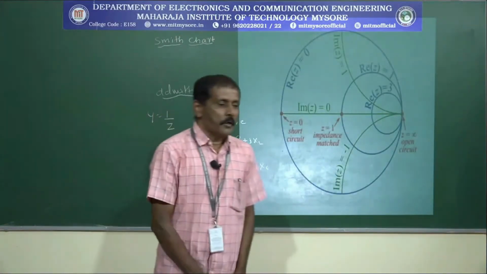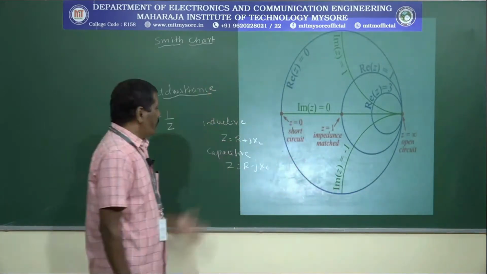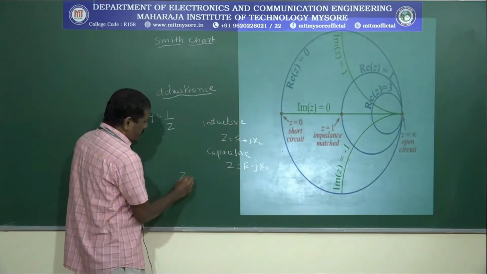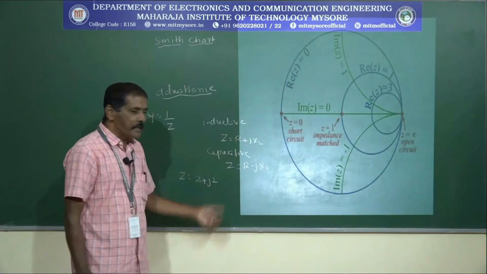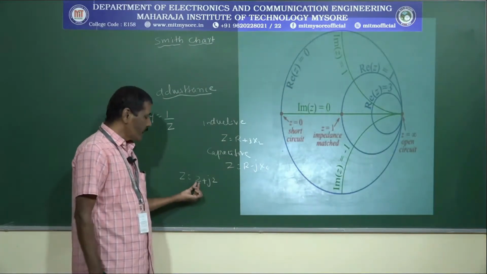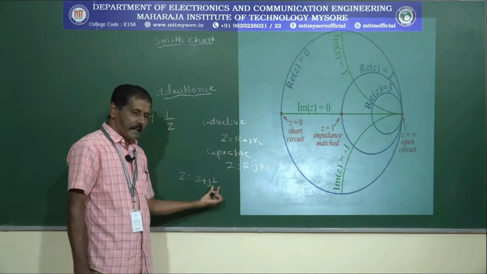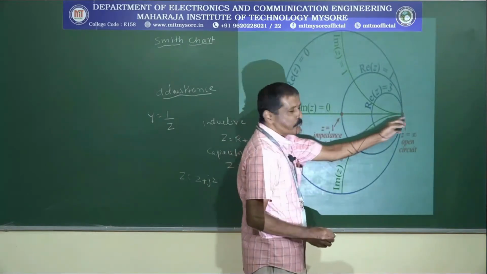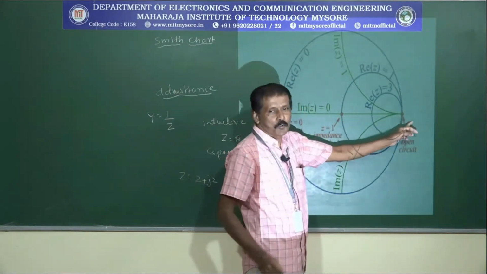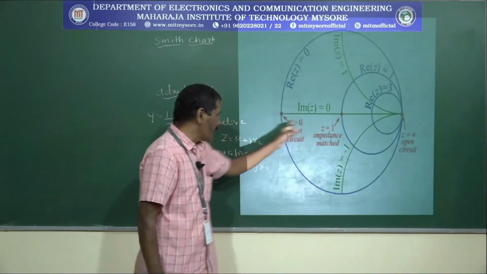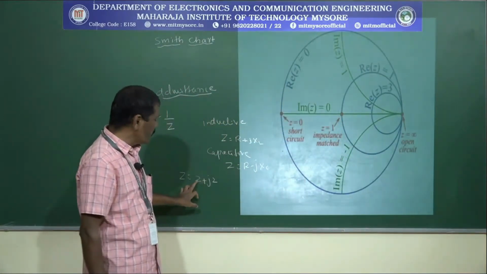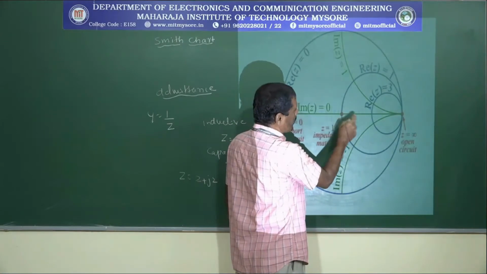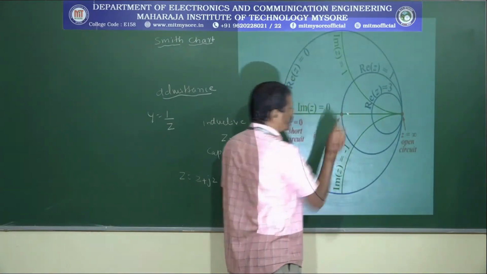Let's see how we are supposed to mark a particular impedance on this Smith chart. Suppose the impedance given is Z is equal to 2 plus j2. This is my resistive component, and this is my reactive component. First, as this is R equal to 1, as you move along this line the values of resistance go on increasing, and if you come in this direction the value of the resistance goes on decreasing. Here you want the value of R equal to 2, so this is R equal to 1, and somewhere here R equal to 2; I have to mark this particular one.